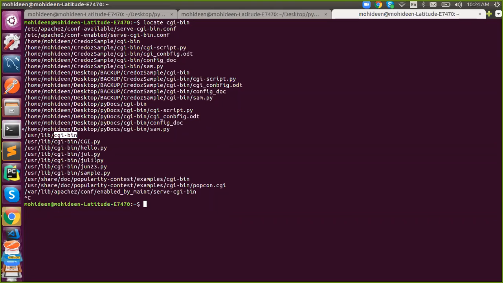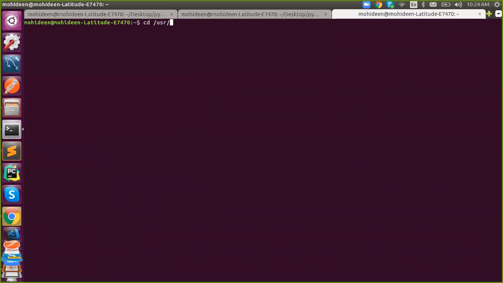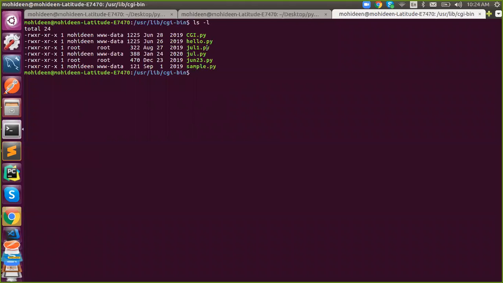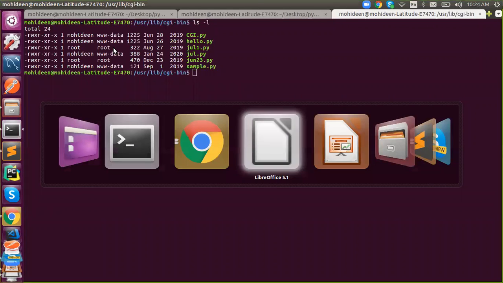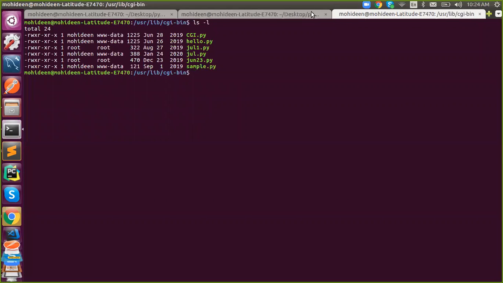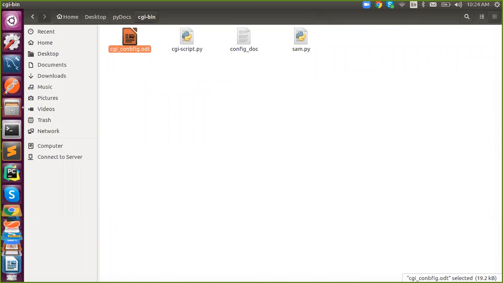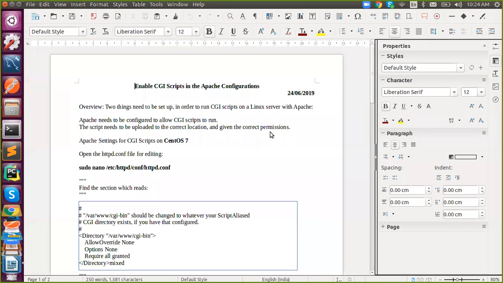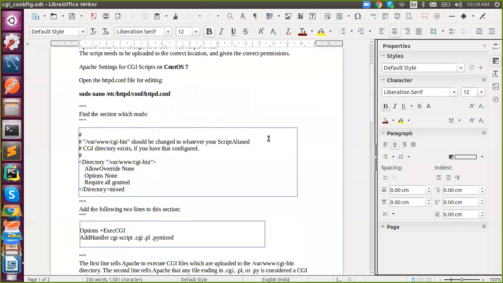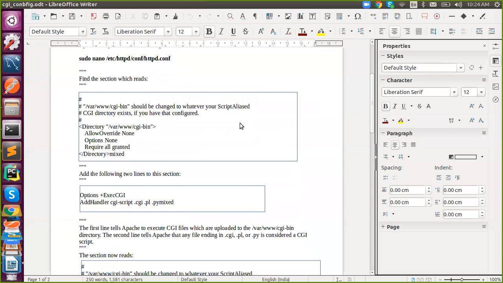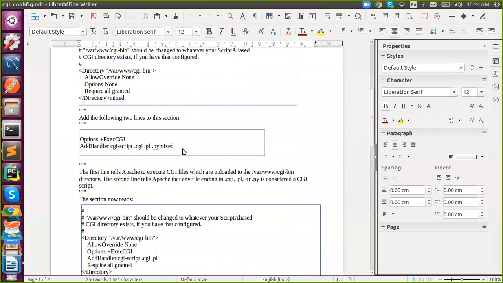Okay. So what to do? You need to go to that folder first. You need to keep your file inside, and you need to maintain certain steps. I've created detailed steps on what to do and how to do that. You need to do some permission settings, if you are using CentOS and so on. So you need to add this line.